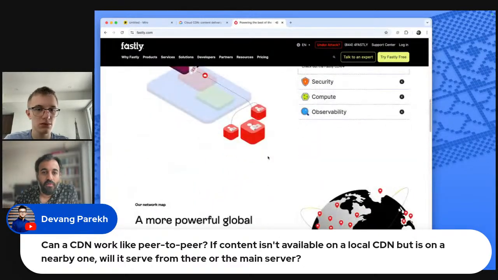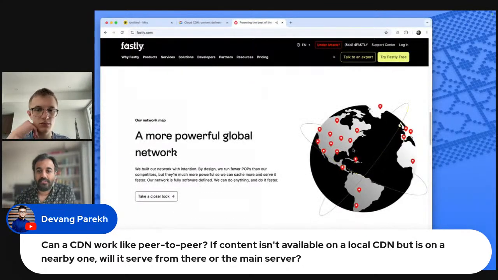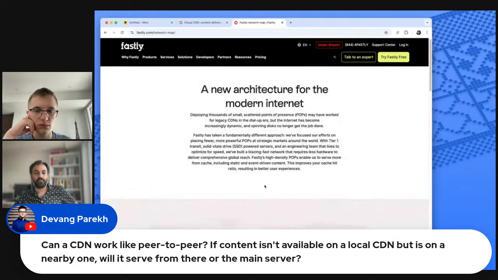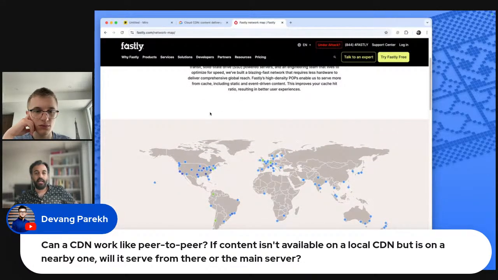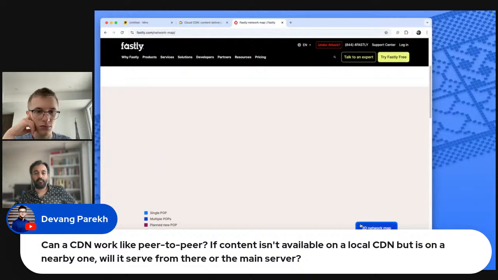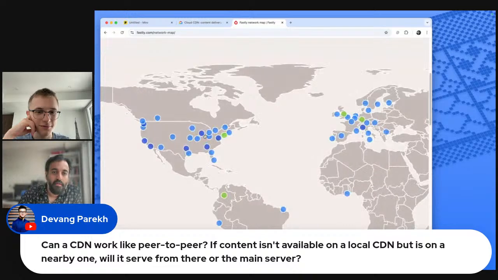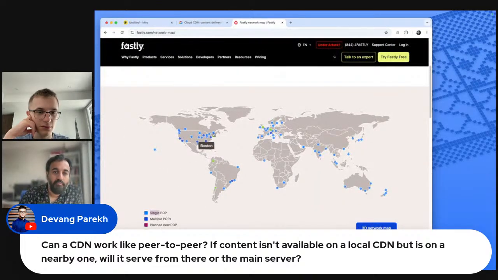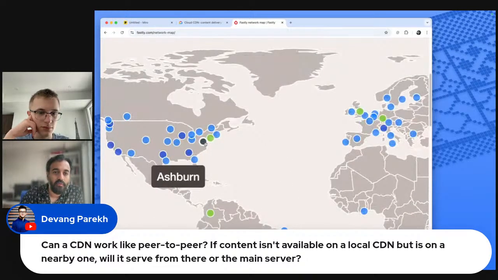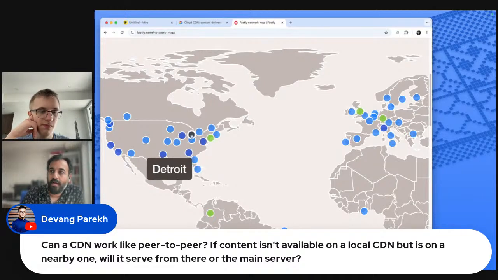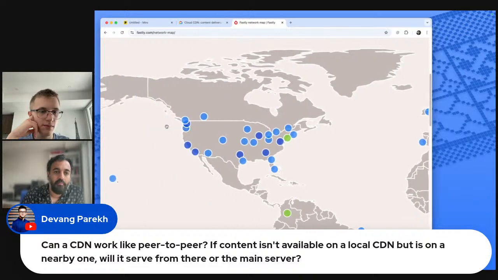And so if you look at Fastly's CDN, let's take a closer look. Look at how many CDNs they have here, right? Oh, that's pretty cool. I can't actually zoom in here. Okay, but take a look at this. They have a CDN in New York, one in Ashburn, Toronto, Detroit. Imagine Columbus needs a file. It can just talk to Detroit, Toronto, Ashburn. That is so much faster than having to talk to, for example, Portland, right?